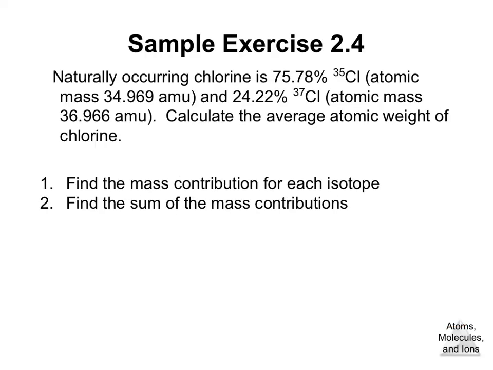So naturally occurring chlorine has 2 isotopes. We want to calculate the average atomic weight of the chlorine. So first we're going to find the mass contribution for each isotope. Sometimes we're given it in a form like this where we would just use 35 for the chlorine. Sometimes it's given with a little bit more detail. So if we're given that detail, that's what we want to use. So our mass contribution, I'm going to say MC, the mass contribution, remember, is the mass